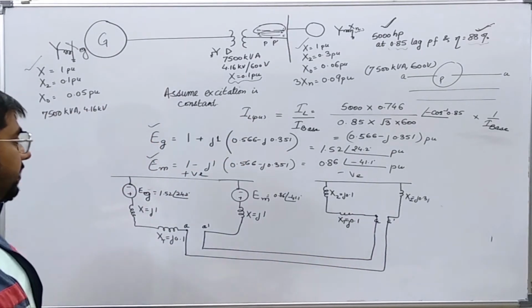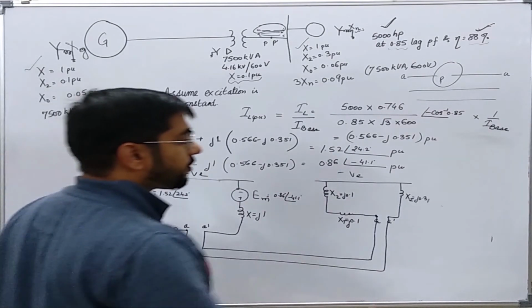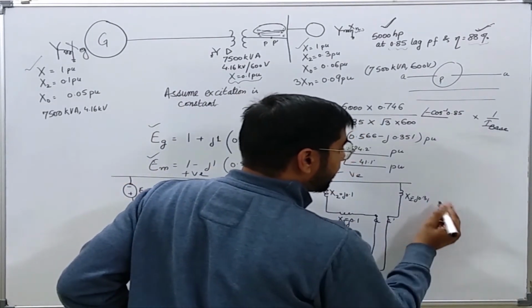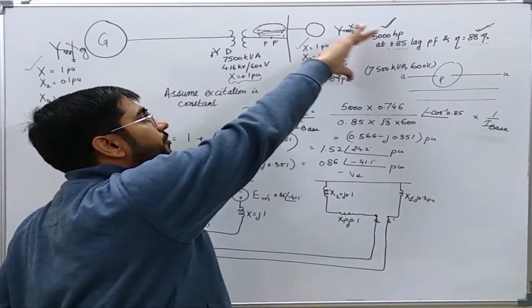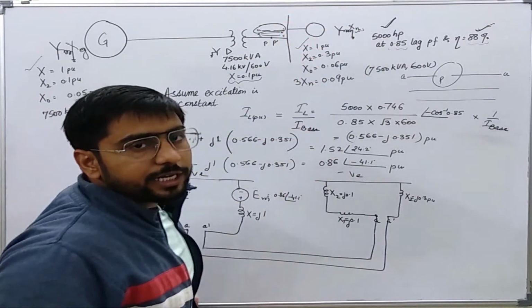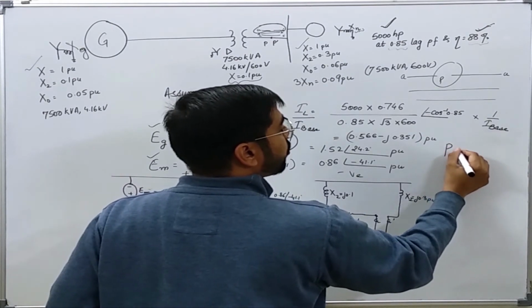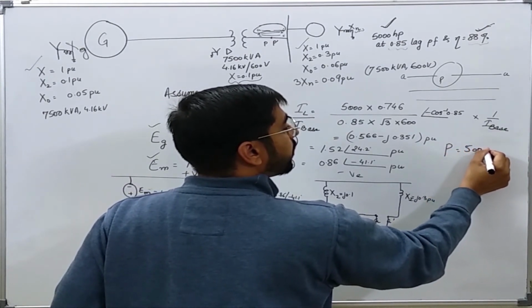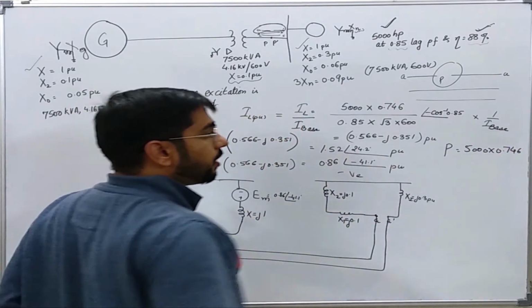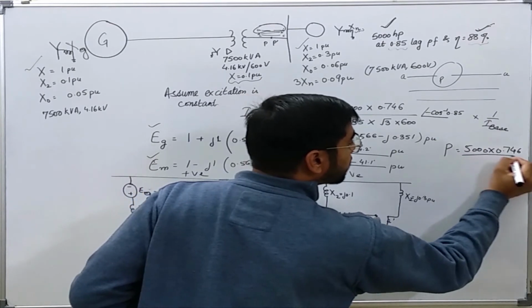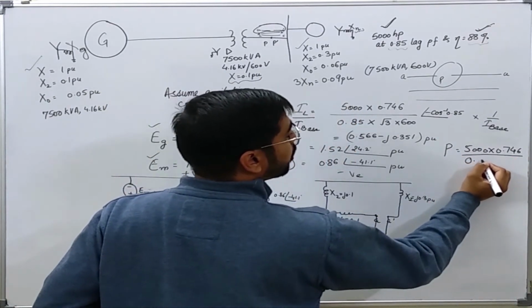Okay, so this is the interconnection of the sequence networks. Now first we will find the value of the power which this motor is going to receive in the normal scenario. In the normal scenario, it is driving a load of 5000 HP, or if I multiply it with 0.4746, I will get the kilowatts. Okay, and kilowatts are converted to the input kilowatts